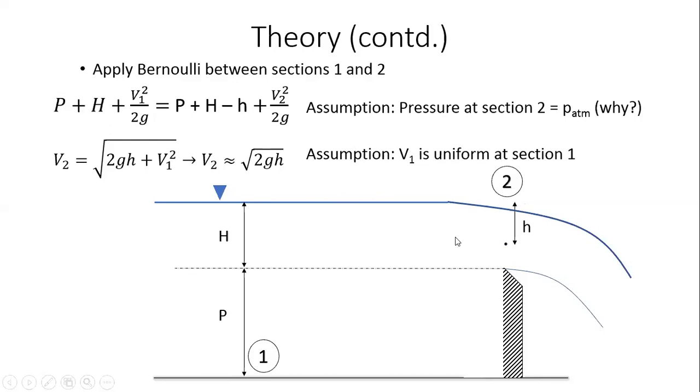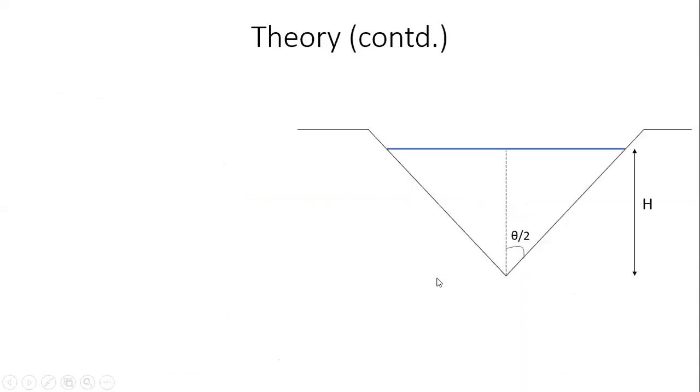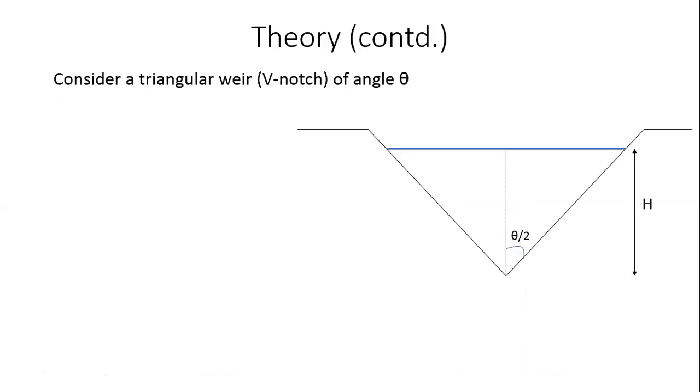So now what I'm going to do is consider that this section, the weir, is a triangular weir or a V notch, right? If you recollect from the earlier slide, we had considered these different shapes. So I'm going to consider the V notch shape, or the triangular shape. Okay, so the shape looks something like this. Imagine this perpendicular to the direction of flow. So the flow is coming from inside the screen outside. The water surface will be at a height of capital H.